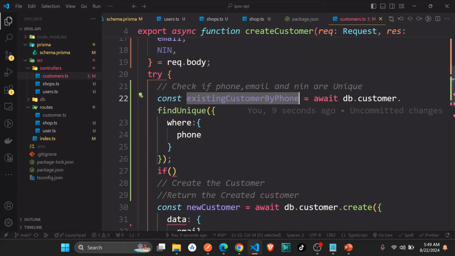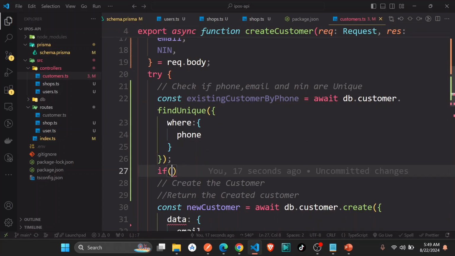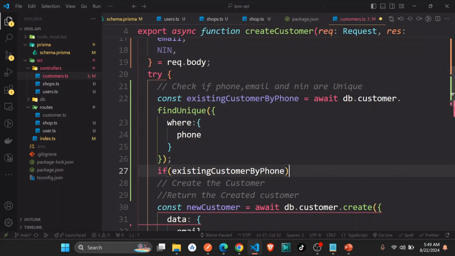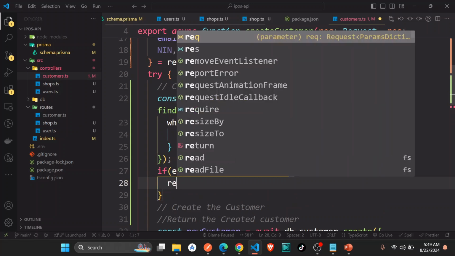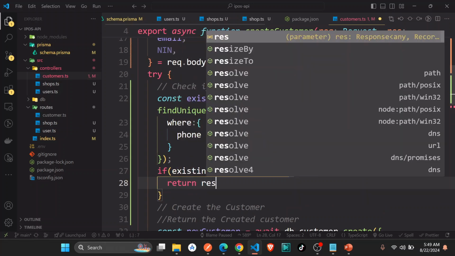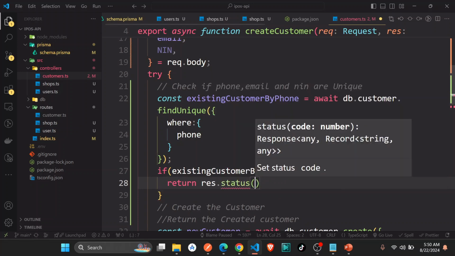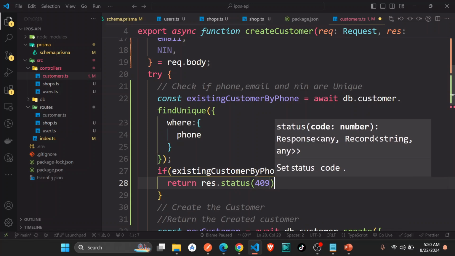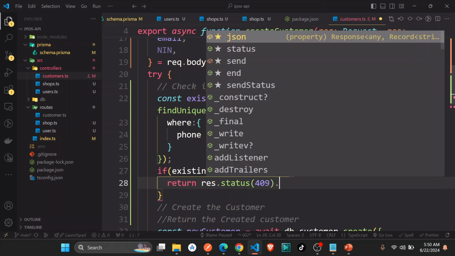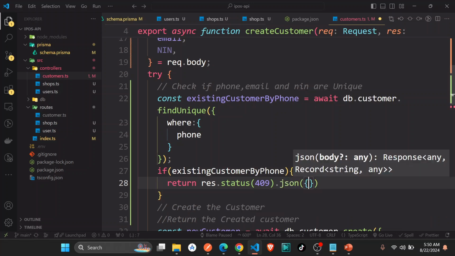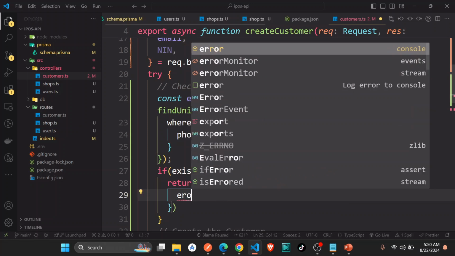So here you can just say existing customer by phone. We first get this phone here, and if there is an existing customer, then we can go ahead and return response.status. So we first give the status of 409 conflict, and then we also return a JSON, and here we always return our error,